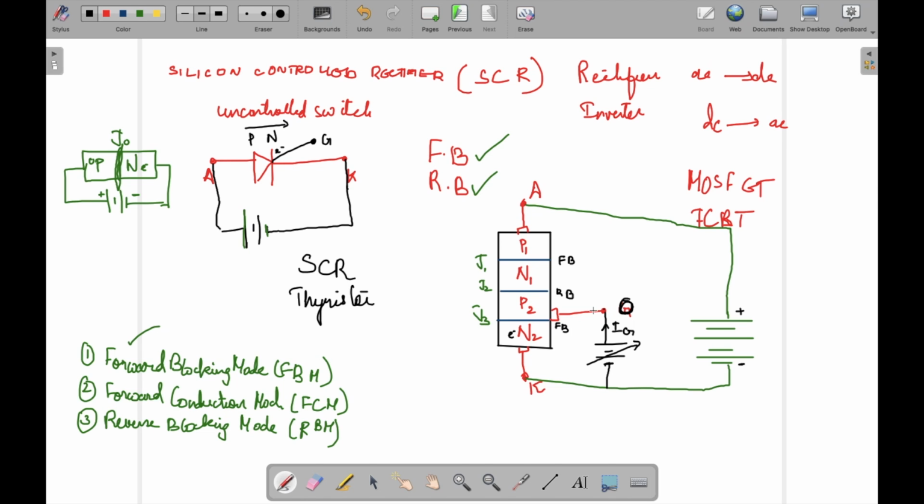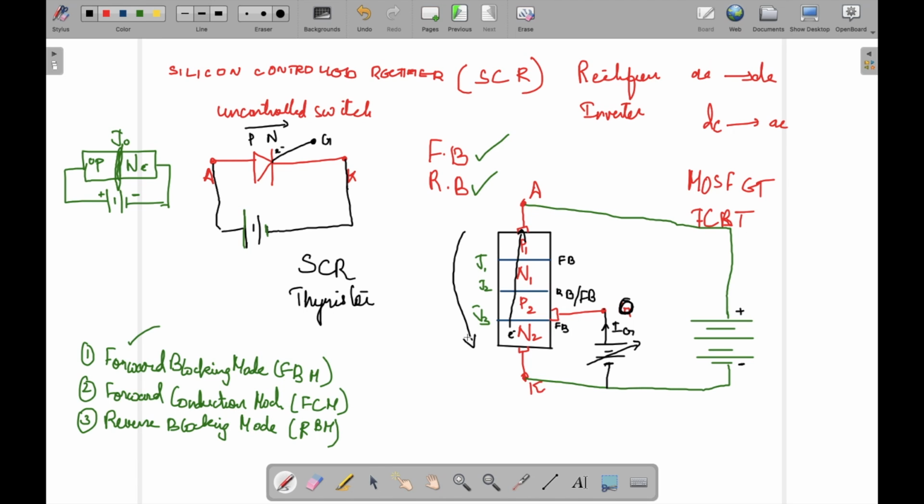So based on that, what would happen? The junction J2 can be made forward biased, based on the increase of the gate current. So once this junction J2 becomes forward biased, what would happen? These electrons can easily move over J2 and reach the positive polarity of the battery. So when the electrons flow in that direction, naturally the current flow will be the reverse. So now we can say that the switch is in its forward conduction mode.